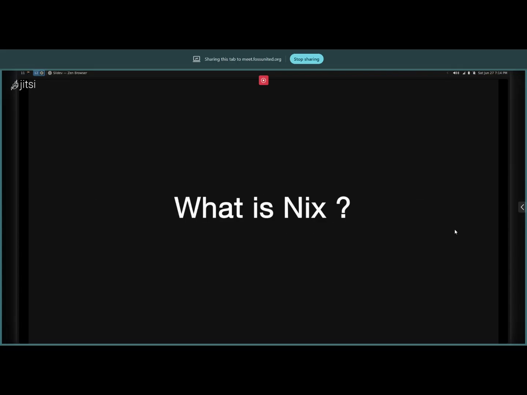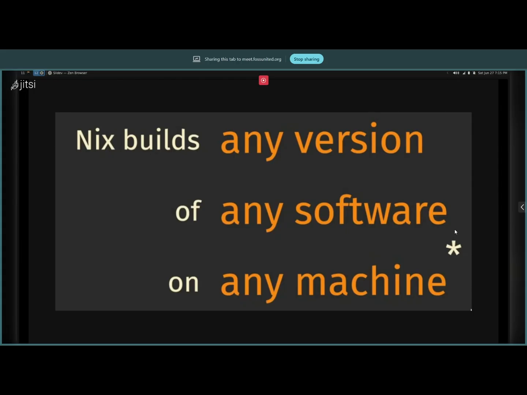Cool. So we did that, and to start, we have to start with what is Nix. A very easy way to understand Nix, and also to not understand Nix, is that Nix builds. It's a build system. What Nix can do is build some software.